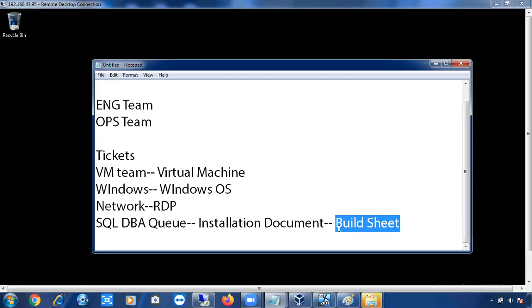So we simply have to open the build sheet and check what options we have to select, which you can easily verify with the screenshots. Simply go through it. Sometimes users will also give you their own inputs, like you have to select this collation setting or this thing. So we simply modify it as per their requirements. This is the process of installing the SQL Server. Any issues in the process?